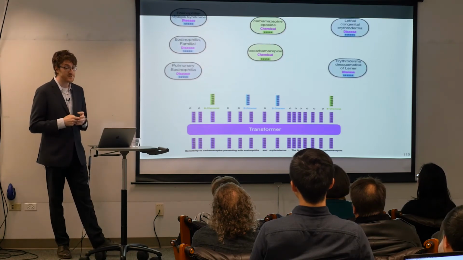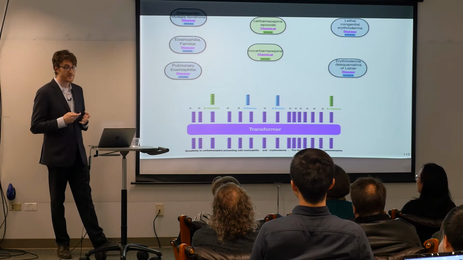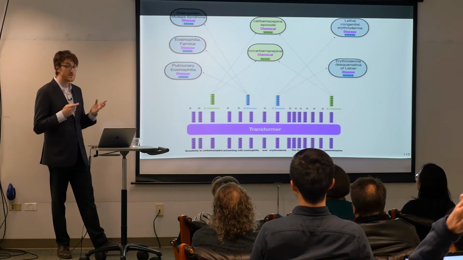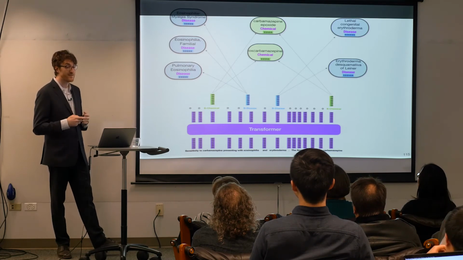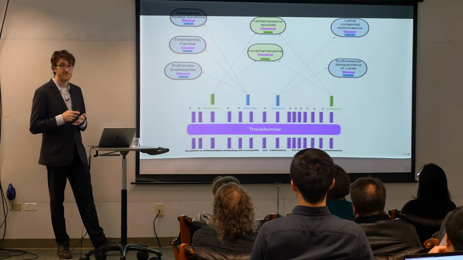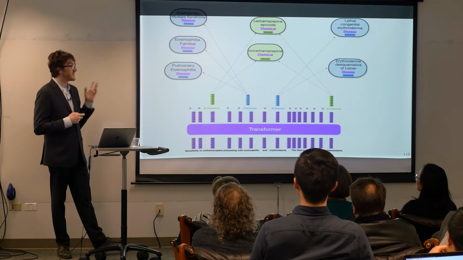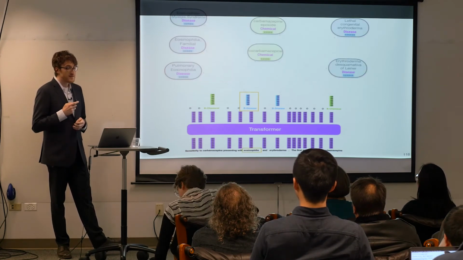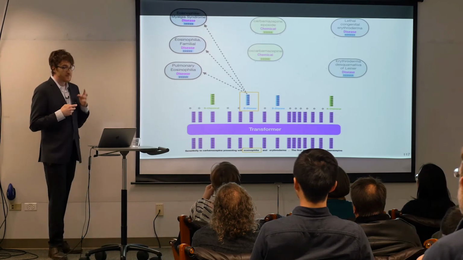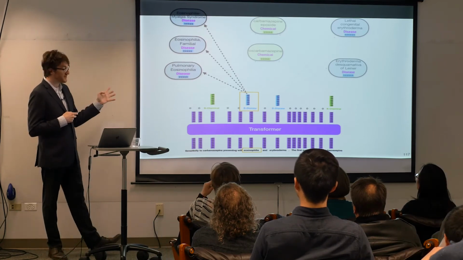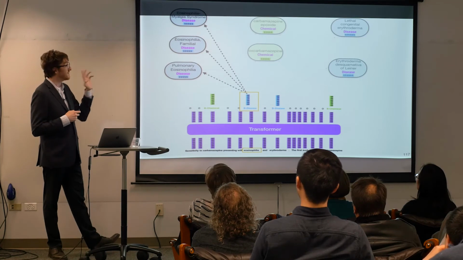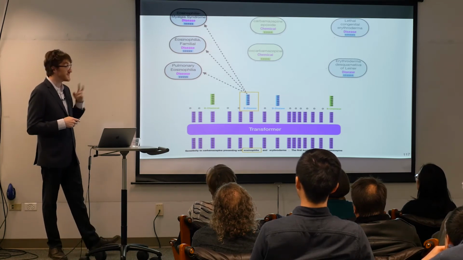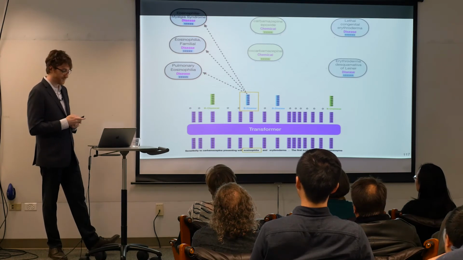But in reality, these mentions are ambiguous, such that we don't know the specific entity that each mention is referring to. And what's worse is that in many situations, we don't even have an adequate amount of labeled mention level data to train a supervised entity linking model. So just concretely, in this particular case, the mention of this blue disease could be referring to any of these three entities. And this would be like if the text said Washington, you don't know if it's the state or the president or the school.